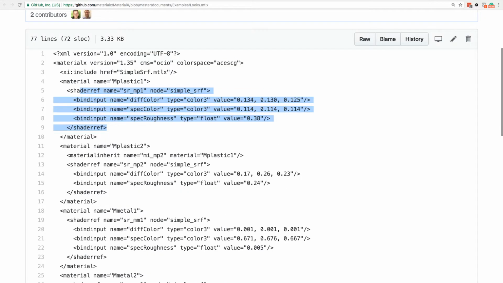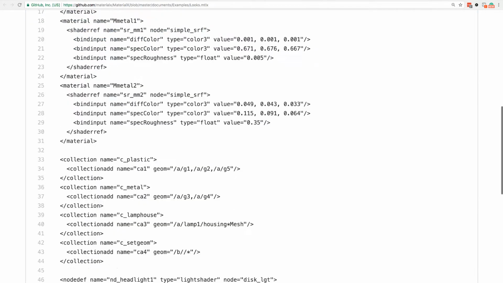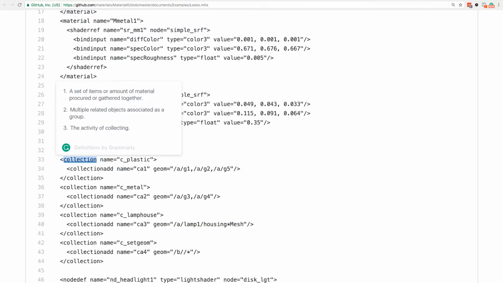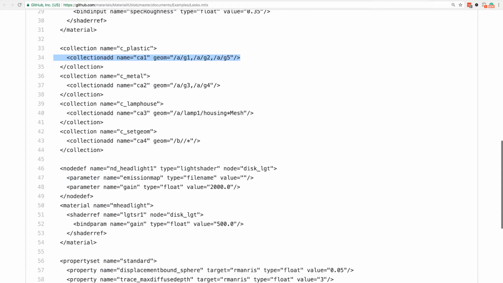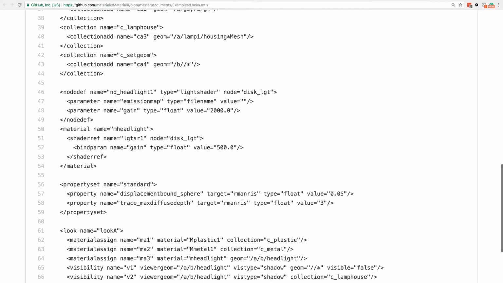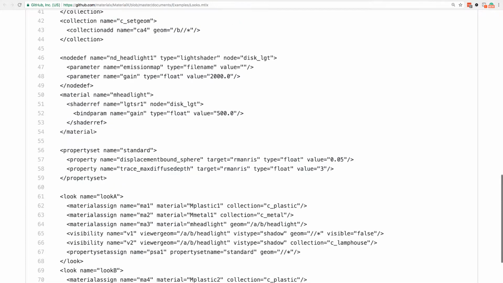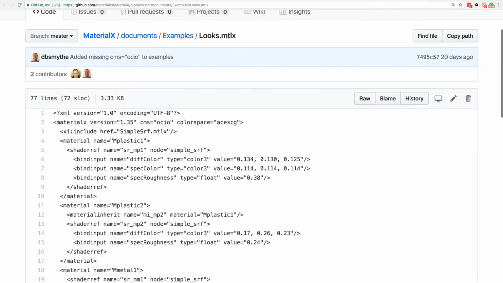Because pretty much every node will contain children, right? Collection, well, not really this one, because this collection add is more of an action. Let's see over here: property sets, properties, right? So at an XML level, everything can have children. Everything can have subnodes.